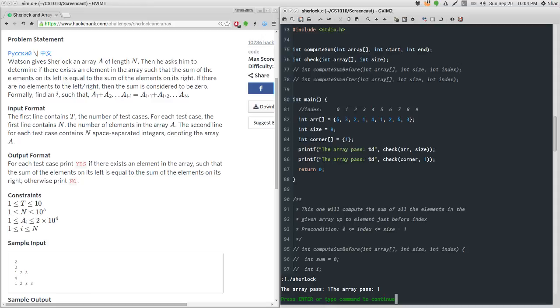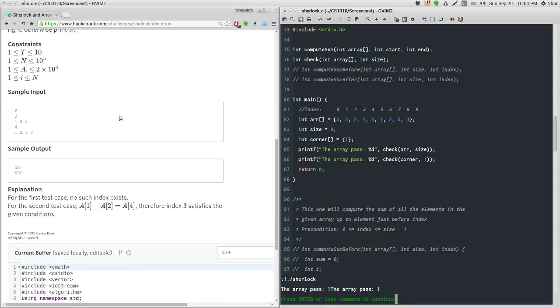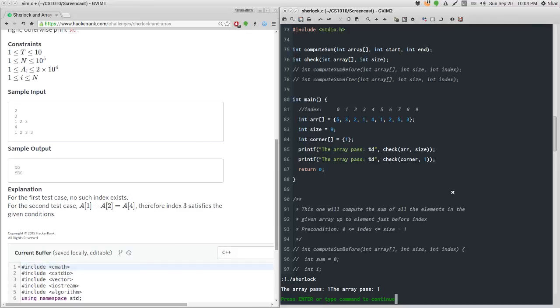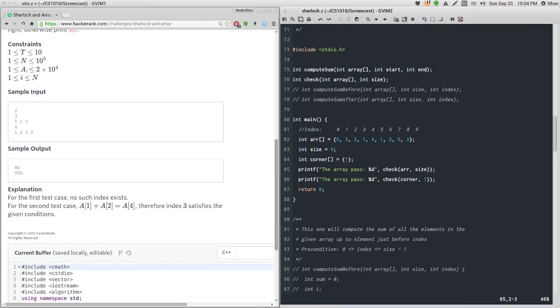So here is the example, and if you want to try it with a sample input, you certainly can do so. So this is the end of my session for today. For any question,